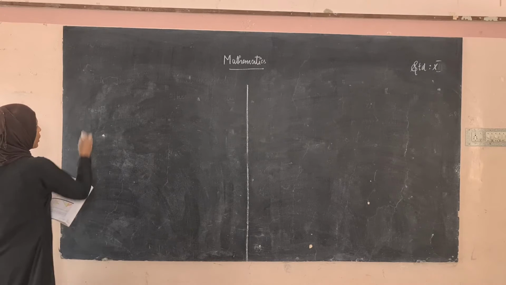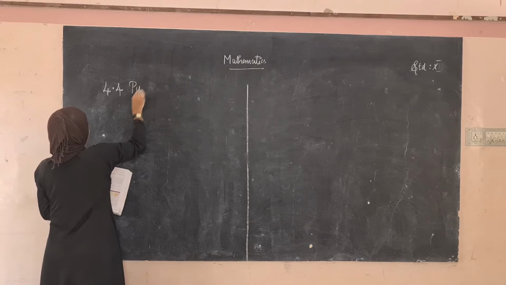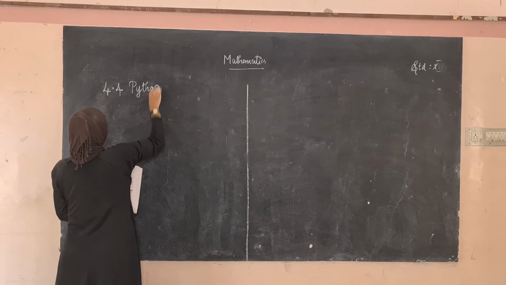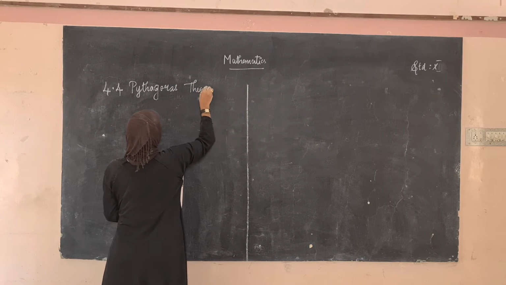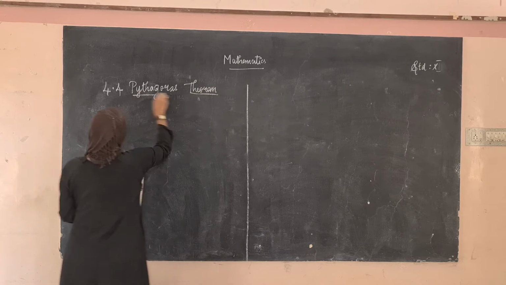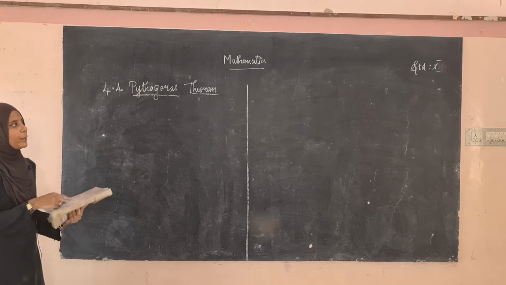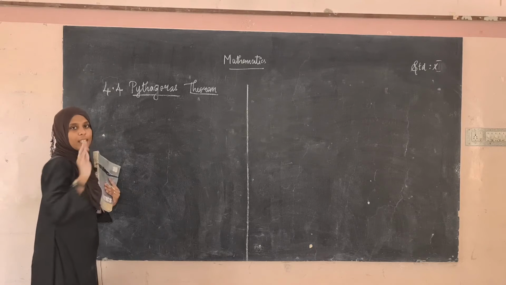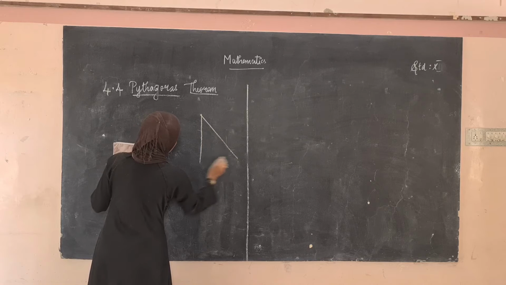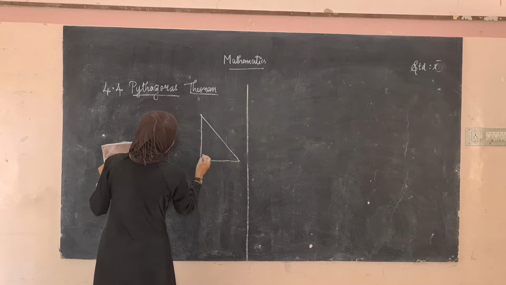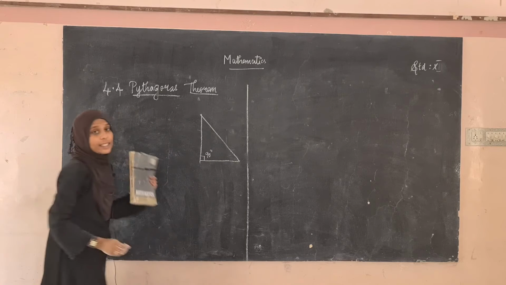So in today's class we are going to see the new topic, that is Pythagoras theorem. I think it's a new theorem for you. Pythagoras theorem mainly deals with the right angle triangle. Do you know what a right angle triangle is? A right angle triangle is when the angle is 90 degrees, we can say this triangle is a right